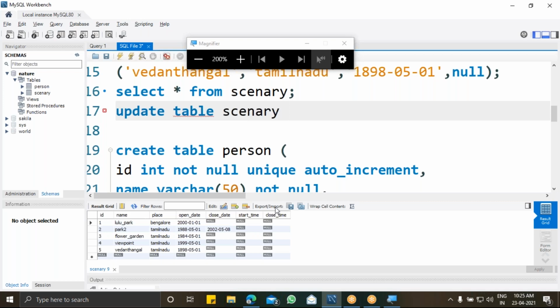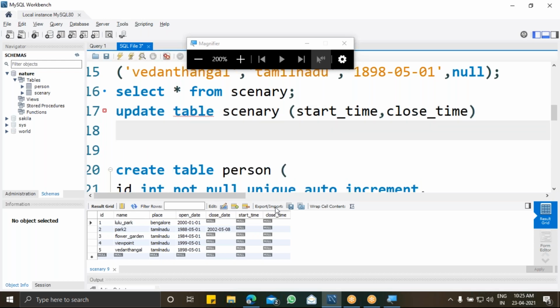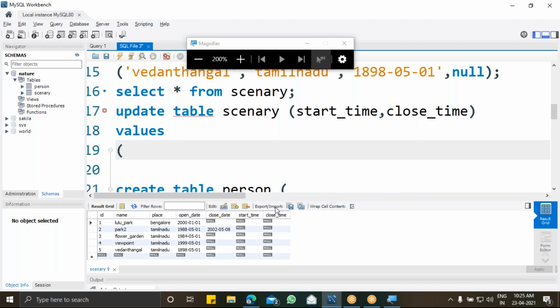The values I'm going to update are start time and close time. These are the two values that I'm going to update. The start time is going to be 9, and the close time is going to be 16.